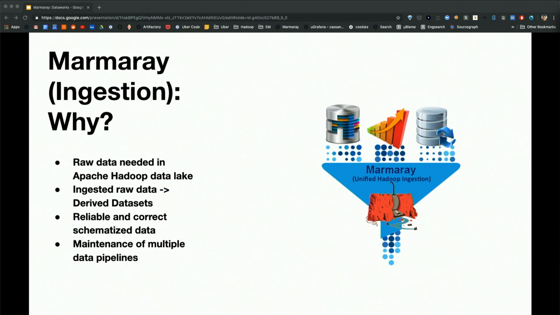It was not a good experience in terms of maintaining these systems in production. So the vision of Marmaray was that we will create this ingestion framework that is a single ingestion DAG or logic, and that everything will go through that independent of the actual data source. This way we only have to maintain one code base, one set of alerts, and it hopefully should make our lives much easier.